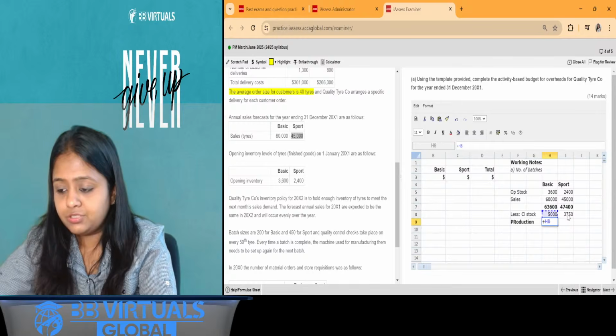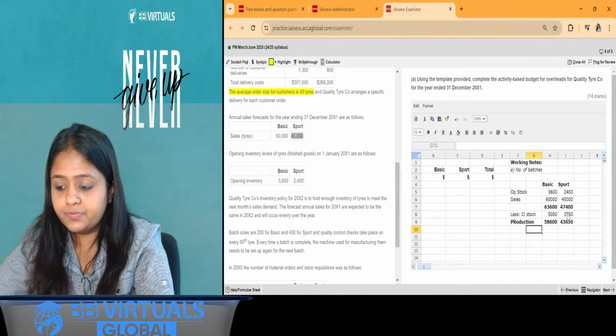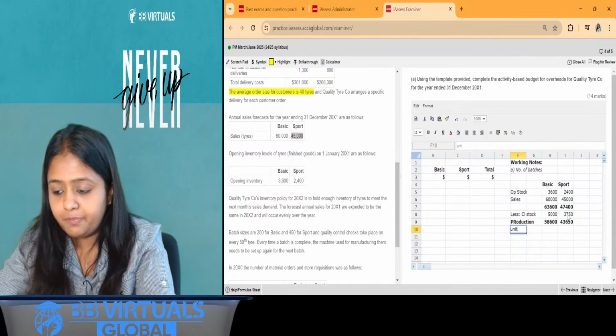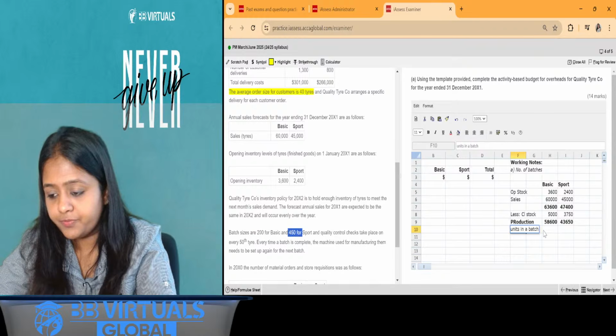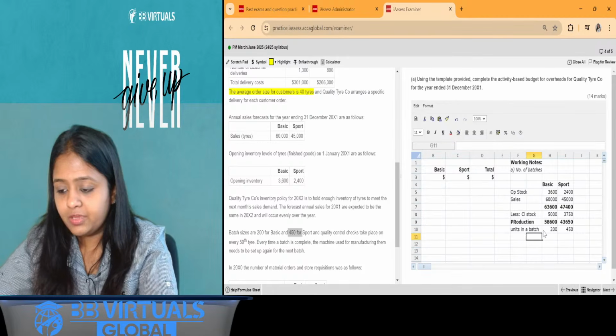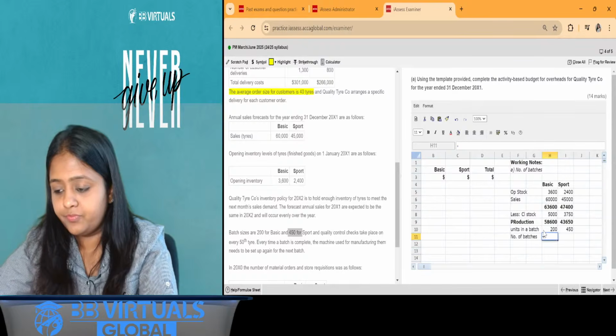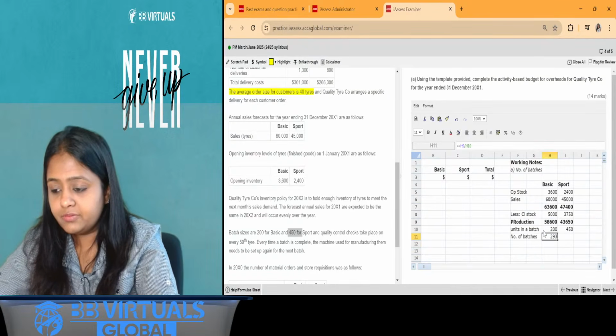So we need a production of these many units. Okay, and units in a batch is given here. Batch size is 200 for basic and 450 for sport. So number of batches will be 58,600 divided by 200. Oh,